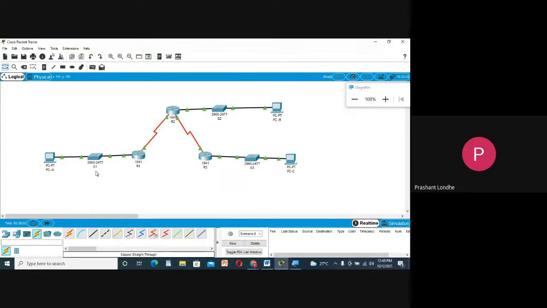This router should receive the packet from A and should forward these packets to R2. R2 should receive the packets from R1 and should forward these to R3 and PCB. And also R3 should receive the packets from C and should forward this packet to R2. So basically I have the RIP technique, so I will use the same technique over there.